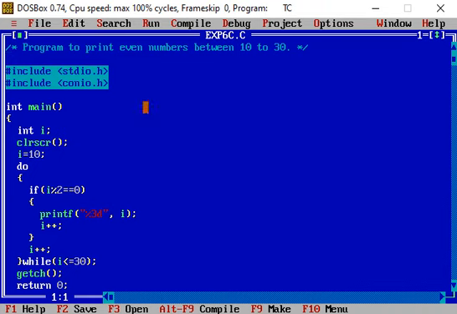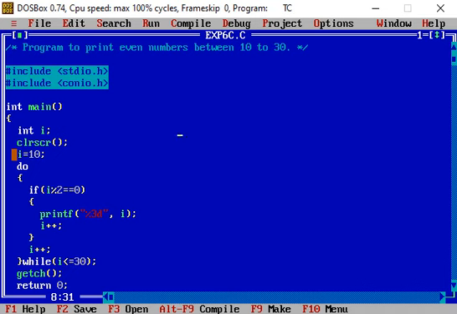As usual, we include the preprocessor directive #include, and the standard input output .h and conio.h header files are included in this program. Then in the main function, the first statement is int i; This declares the integer variable i. The next statement clears anything previously written on the output screen. Then i = 10.